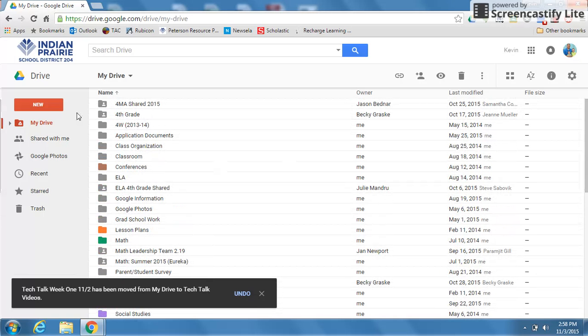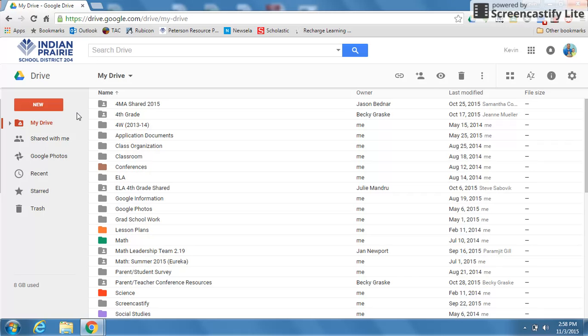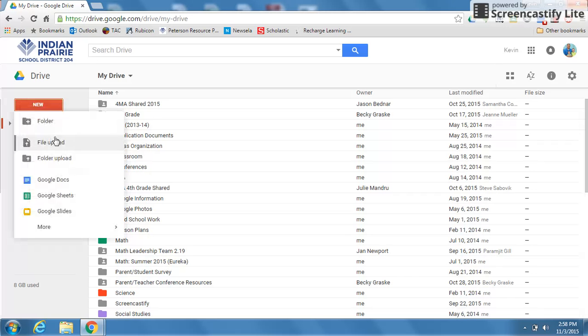Now, many of us are also used to having many of our files on a flash drive or on our school computer or home computer. One of the nice things you can do is simply click on New, and you can upload an entire folder that you may have, or a file. So I'm going to click on File Upload,